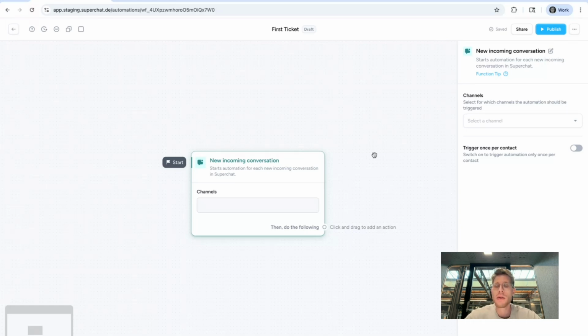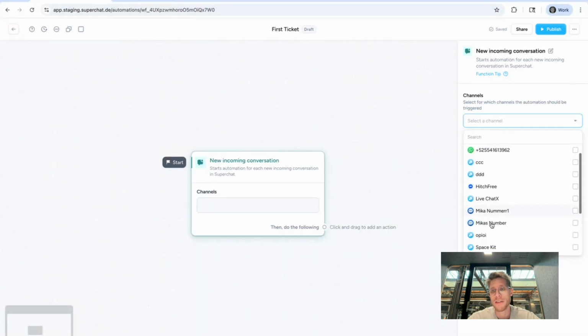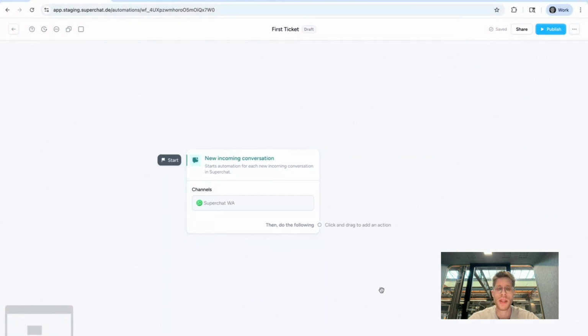Today we will focus primarily on WhatsApp. Of course, you can also build it with all other channels, but I think WhatsApp is definitely the biggest channel message volume wise for our customers. So let's concentrate on this one today. So, Superchat WhatsApp, I select this number here, and then